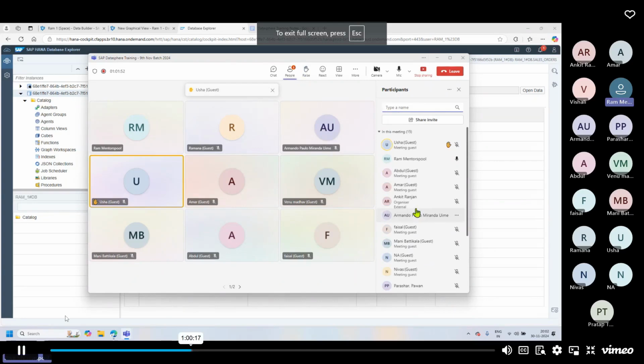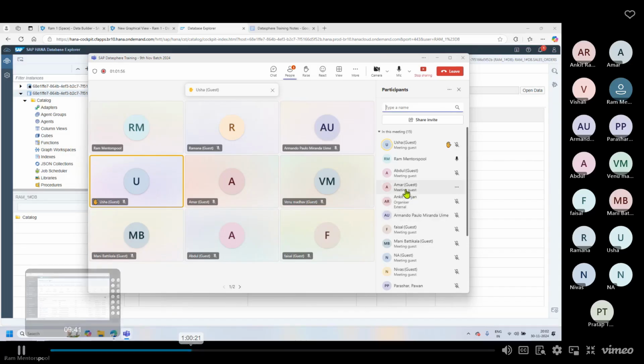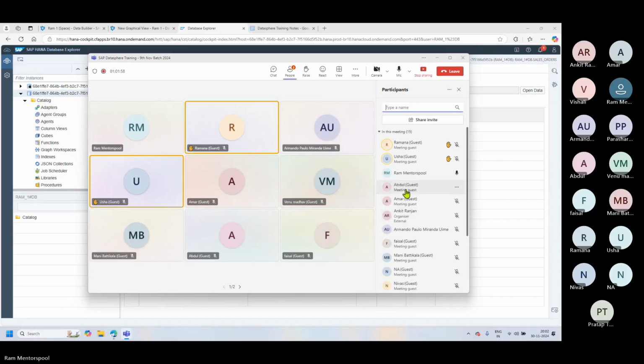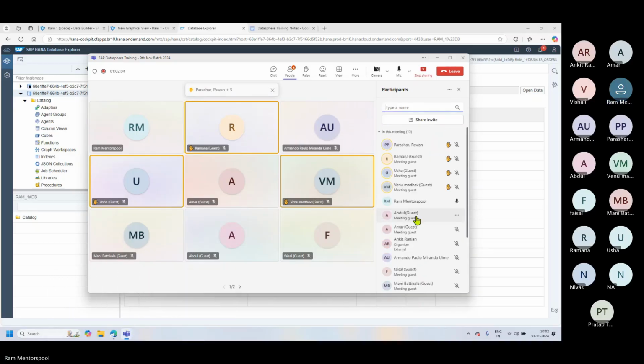Okay, 1, Usha. 2, Ramana. 3, Pavan. 4, Venu. Okay, I think a couple of guys